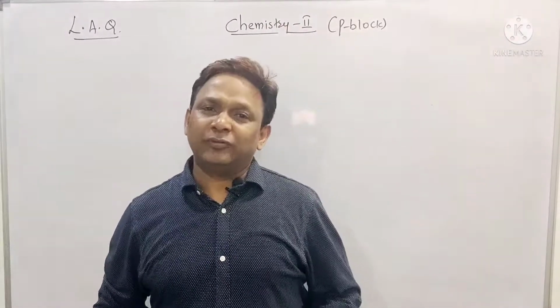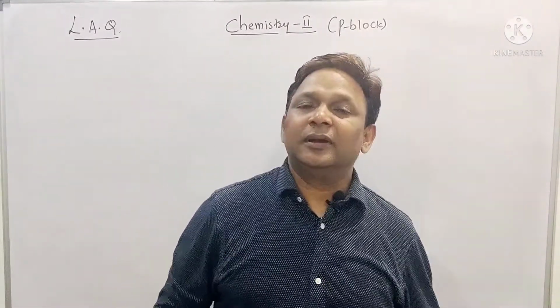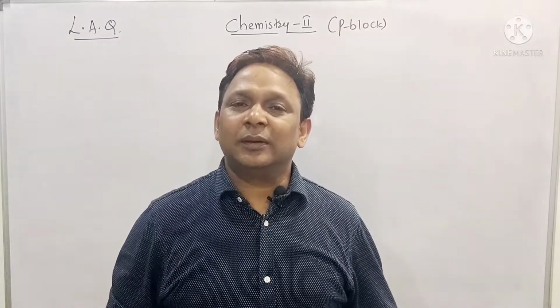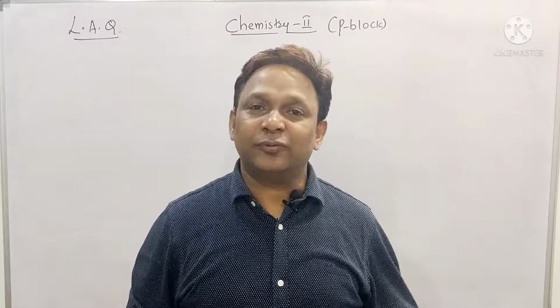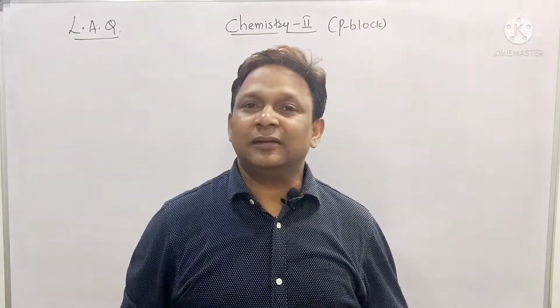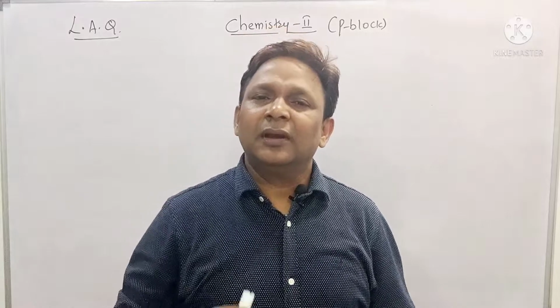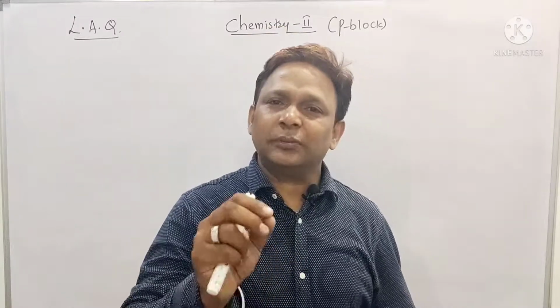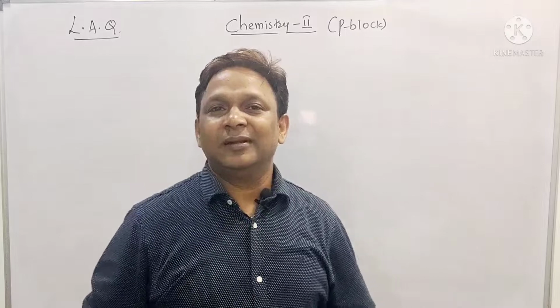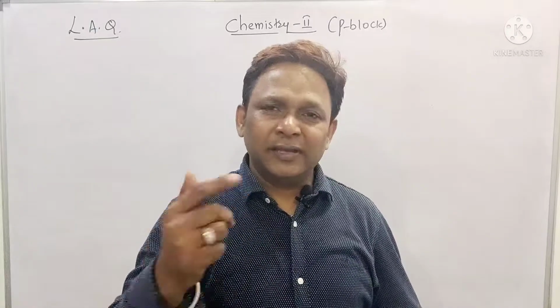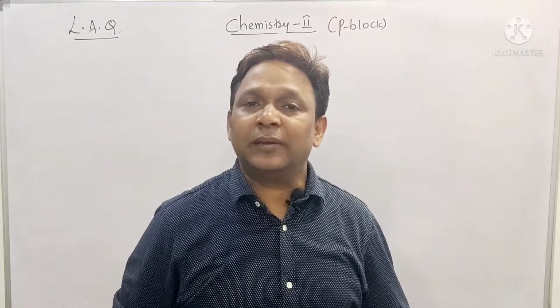Right, but first, the LAQ we completed from P block. In that one: how can ammonia be manufactured by Haber's process, and how does ammonia react with the following, like ZnSO4, CuSO4, AgCl. And see, beta, in the exam only these three they will ask you. No need to go for others. These 3 are enough. So, did you revise everything on the manufacture of ammonia by Haber's process, beta?